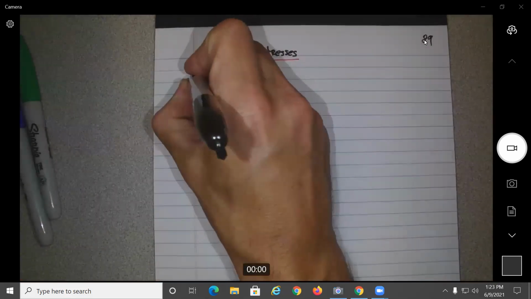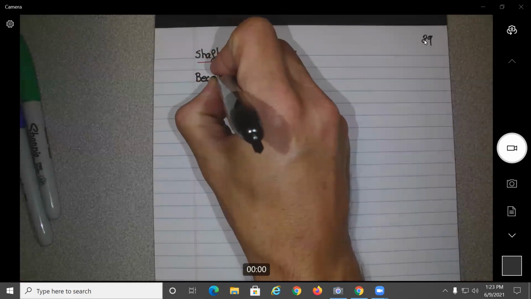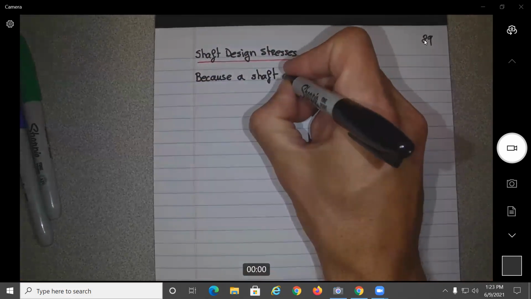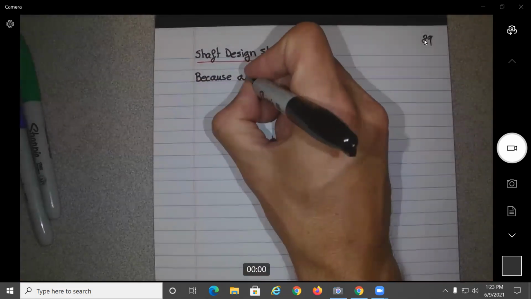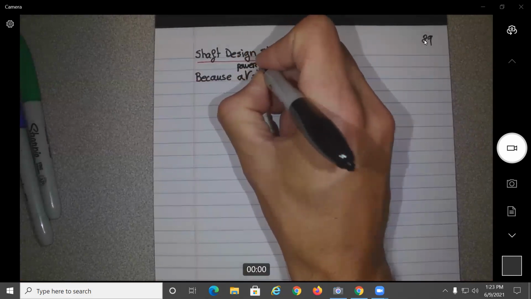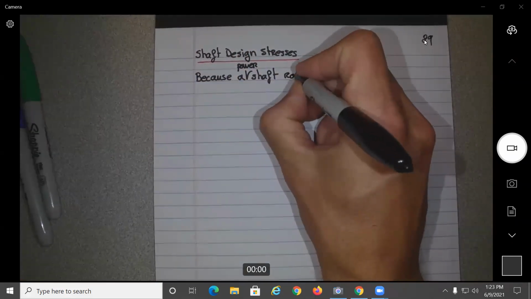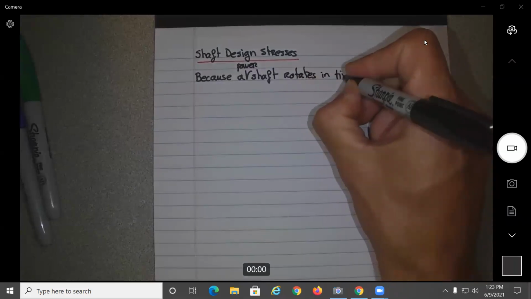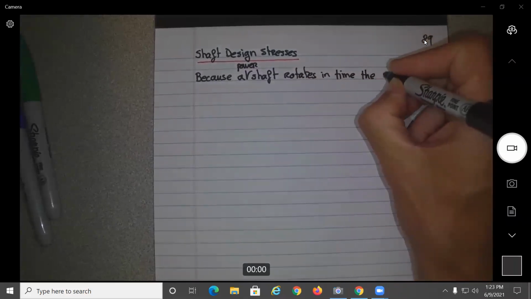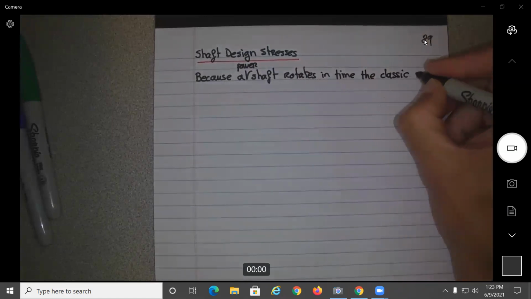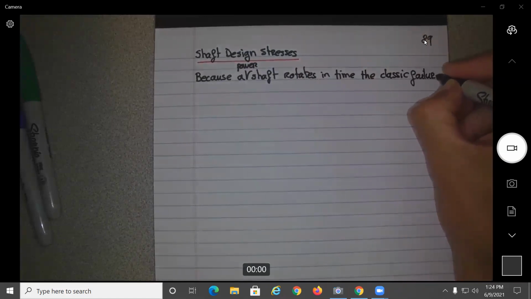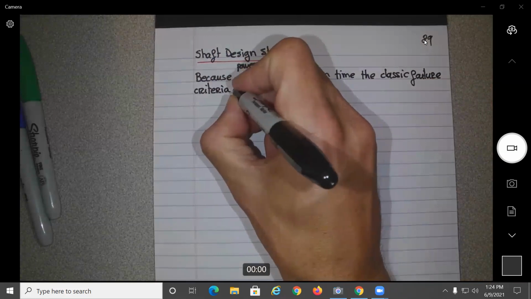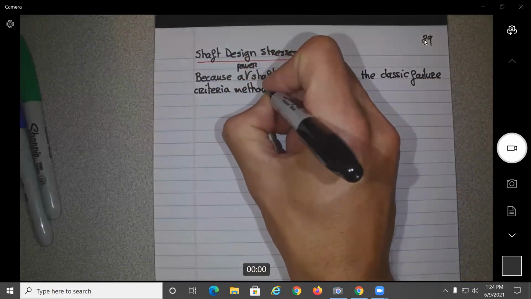Because a shaft, let's say a power shaft, rotates in time, the classic failure criteria methods